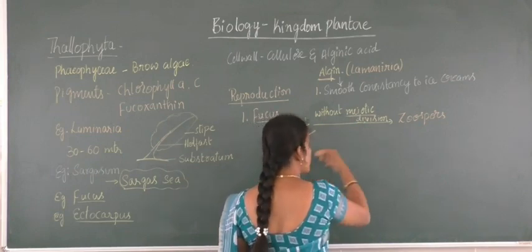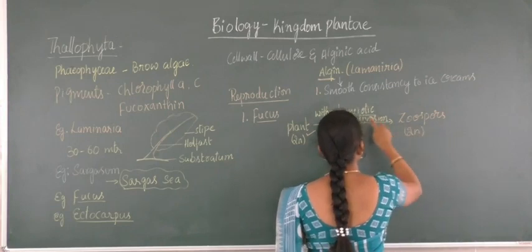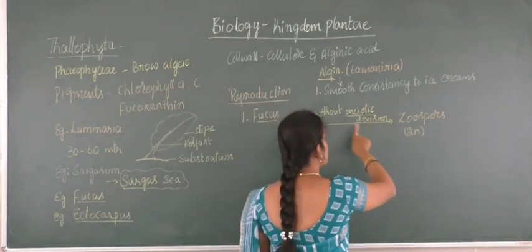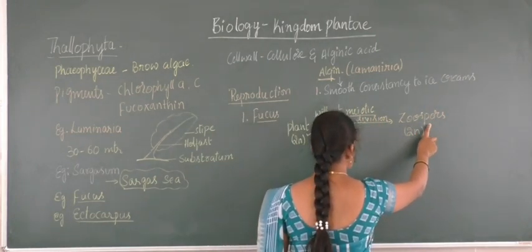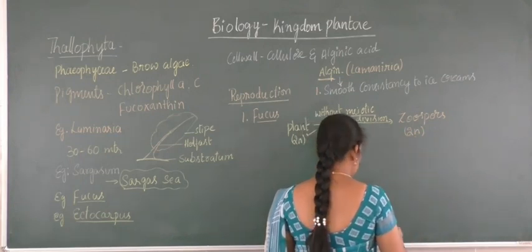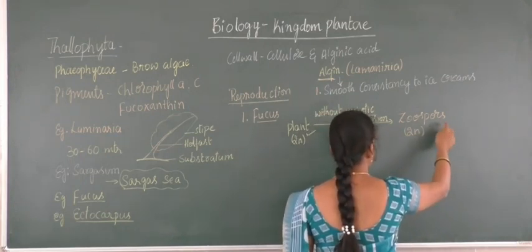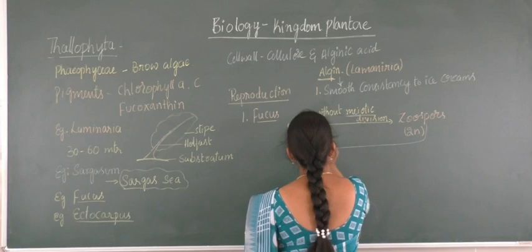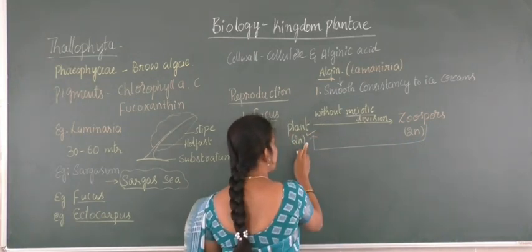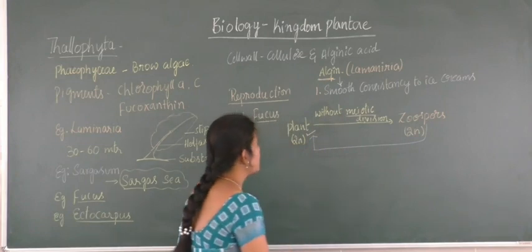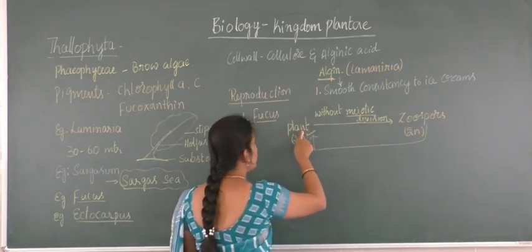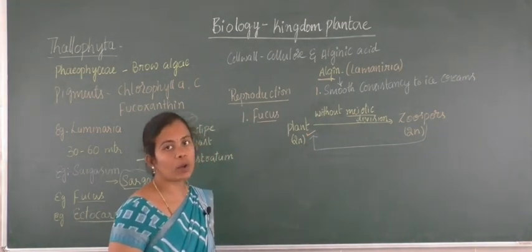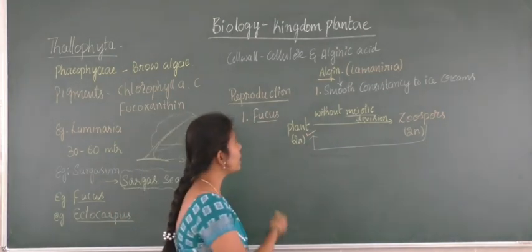Due to the absence of meiotic division, the condition of the formed zoospores will also be 2n. When it undergoes meiotic division, then it becomes n, the haploid stage. But due to the absence of meiotic division, they will form zoospores with diploid state only. These zoospores will again develop into a new plant body as it is with the parental one, that is also in 2n condition. There is no n stage, only a diploidic life cycle is exhibited by Fucus.